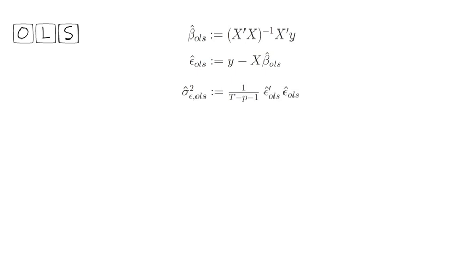Now in order to get the variance of the white noise error, you take the previously calculated estimate for the epsilons, square them and add them up, which in matrix notation is just epsilon prime epsilon, and you want the average squared term, so you divide by t minus p minus 1. Note, we've estimated 1 plus p parameters, and therefore we adjust the t by p minus 1.